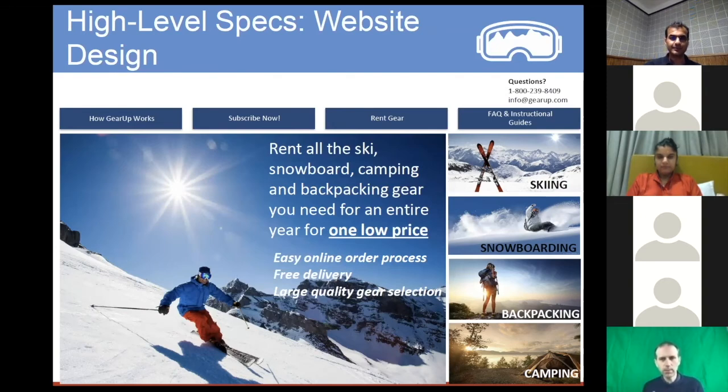So this is a mock-up of a website. It's not actually the website, because as a web designer, if any of you are web designers, you can probably tell this isn't a website, but it shows you the main elements of what will be on there in terms of, you can see there how it works and how you rent gear and so on. And you can see the sports that it's covering. But the main thing here is you're seeing